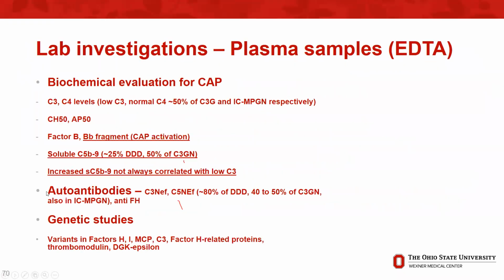So I think this is just a slide showing the investigations that are usually done for these patients. You need EDTA tubes, so you need plasma samples. There are mainly three groups of investigations: biochemical evaluation of the alternative pathway, looking for autoantibodies against these various complement regulatory proteins and autoantibodies against the C3 convertases, and then, of course, genetic testing to look for genetic variants in factor H, factor I, membrane cofactor protein, thrombomodulin, and so on. But to begin with, serum C3, C4 levels and soluble MAC, B fragment,